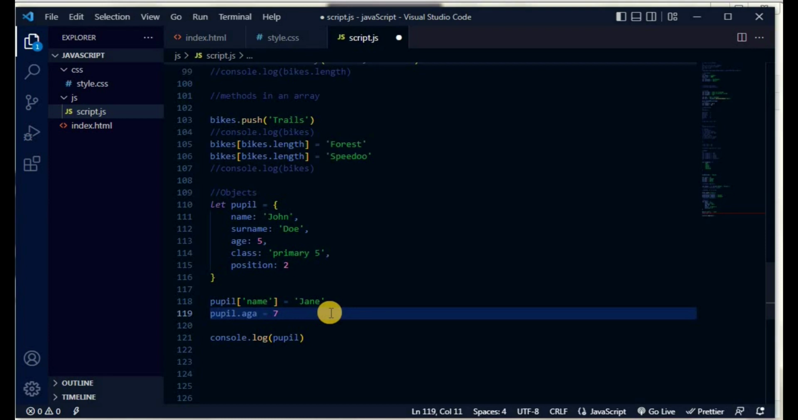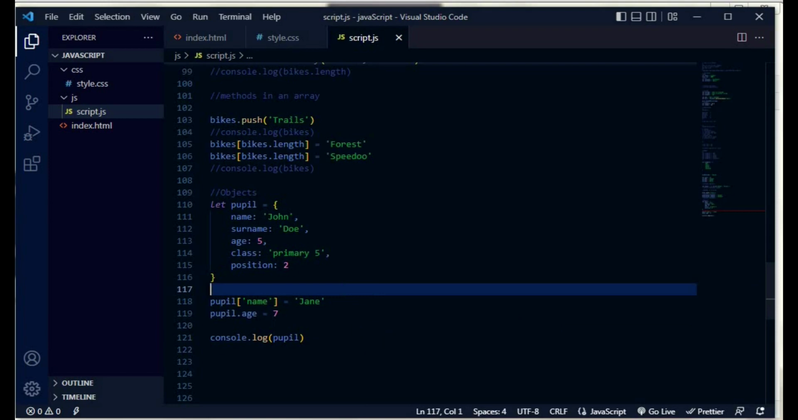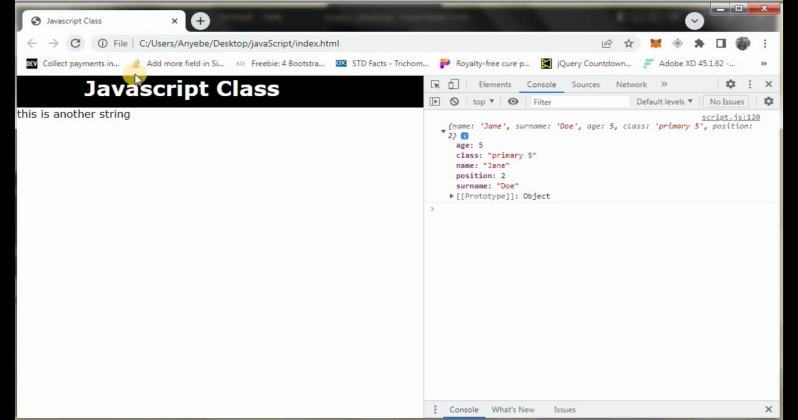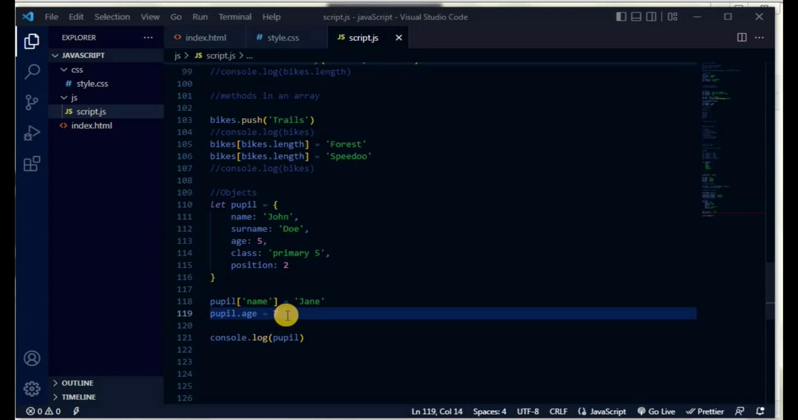It didn't spell age correctly. That's not giving us an error. So equals 7, and when we go to our console, we would see that the age is now 7 instead of 5. So you can even use this method to add other attributes, like let's say we want to add